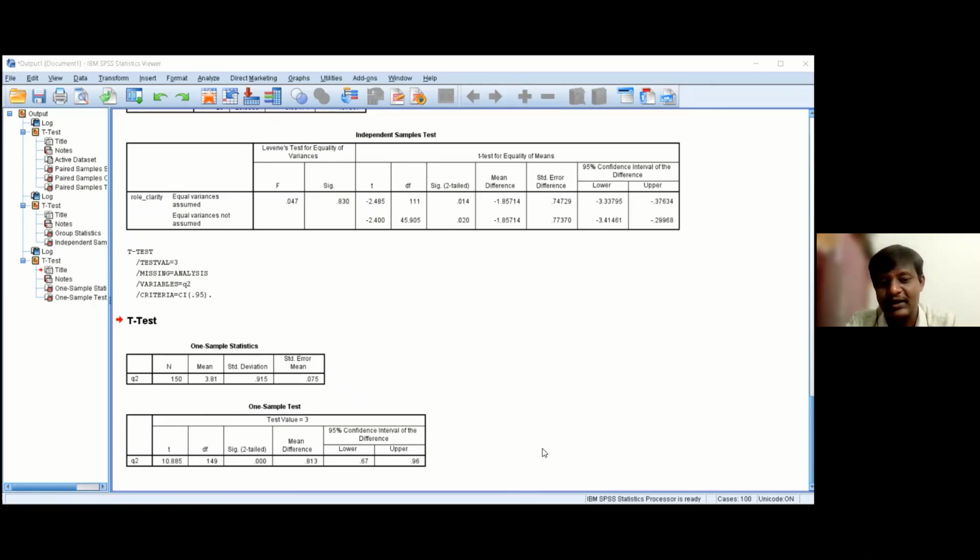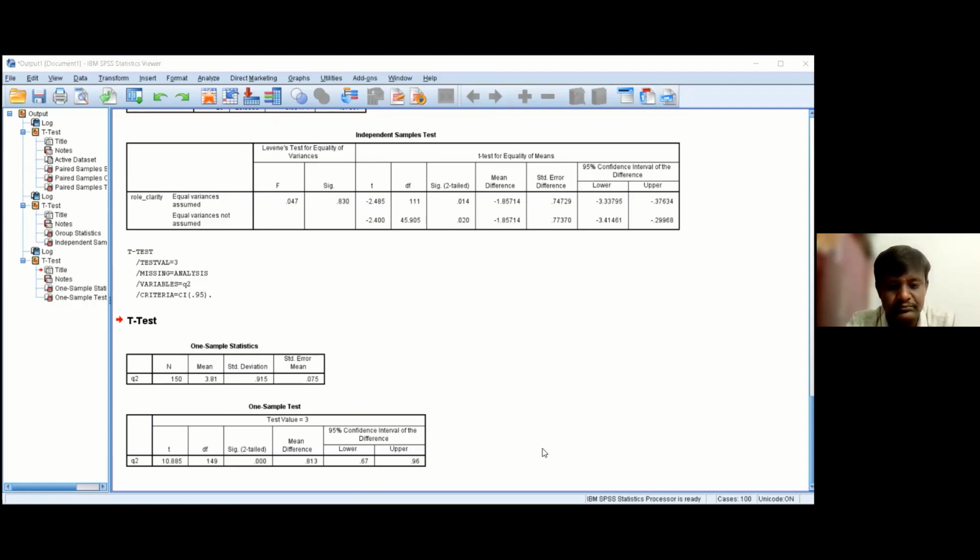When you take the confidence level as 99%, this upper limit and lower limit will vary. This upper limit and lower limit will be the range within which our mean difference will lie. Yes, madam.